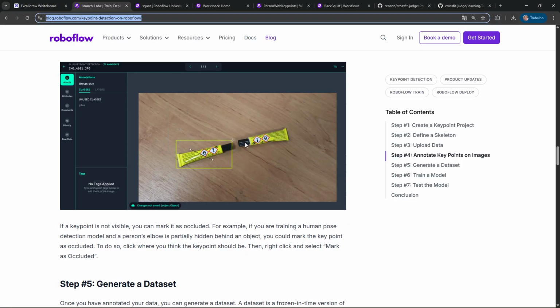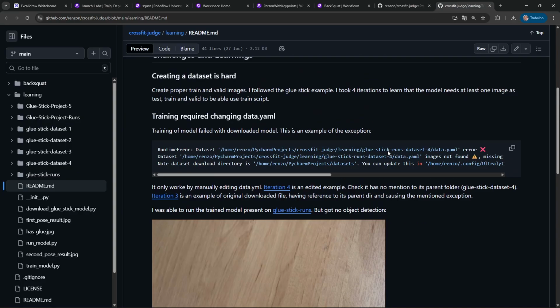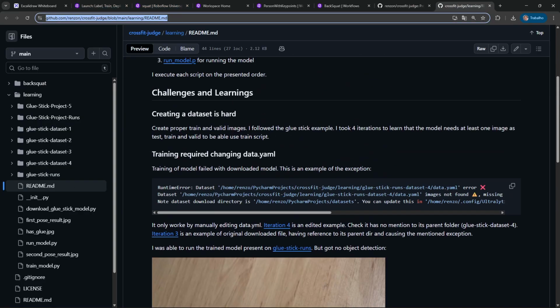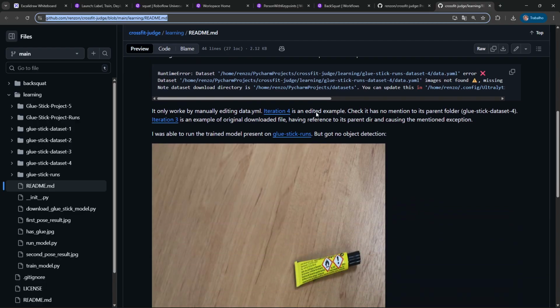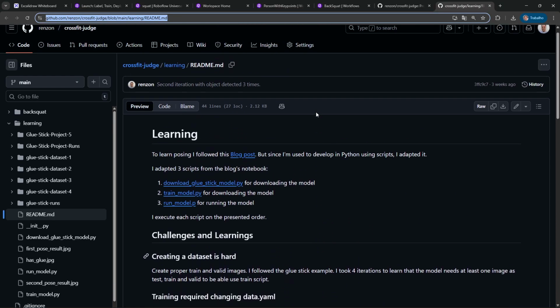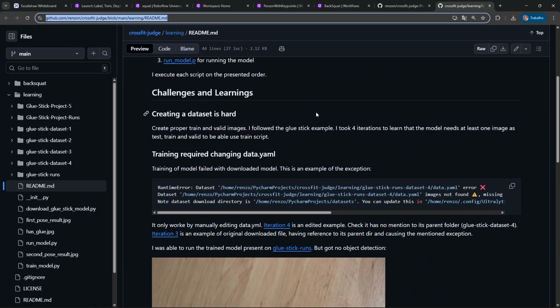And I followed this tutorial and presented it in this project, where we have all the code for this project that you saw running. It's here, and it's for the learning as well. So here I write up the things that I learned, even fixing some code that I needed to fix to work in the way that I was running this project.